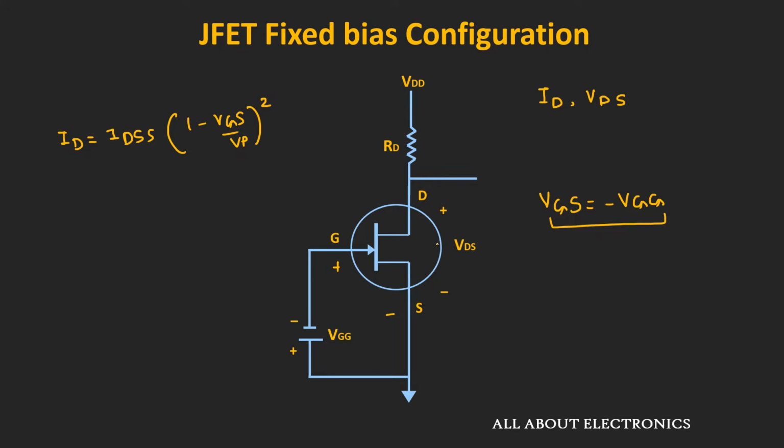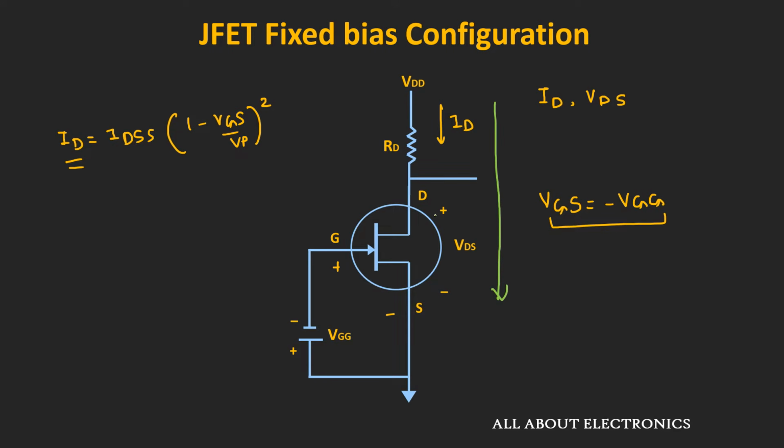So here let us assume that the JFET is used as an amplifier and it is already operated in the saturation region. So considering this, we can use this expression, and from this expression we can find the value of the current ID. And once we know the value of this drain current ID, then we can easily find the voltage VDS by applying the KVL in this outer loop.